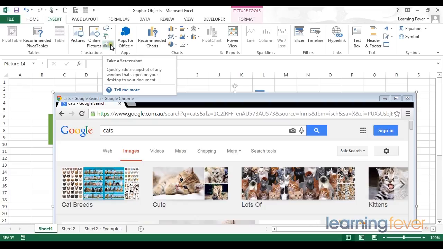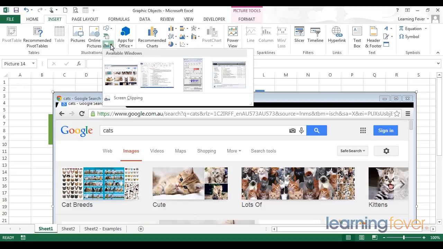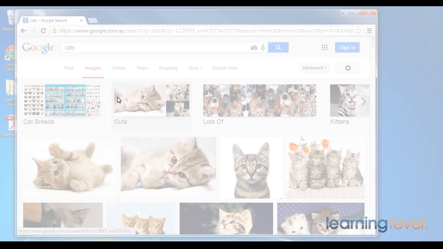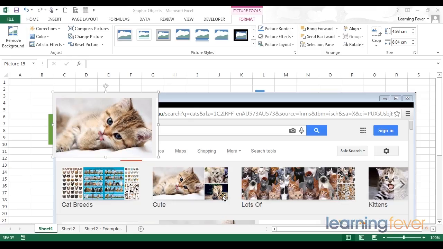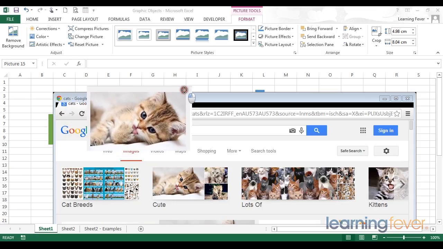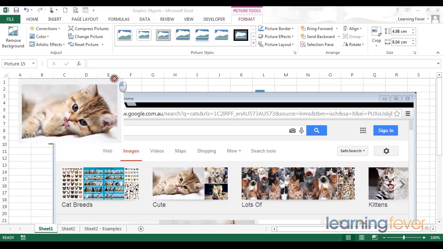The other feature that I particularly like is the ability to add a screen clipping. So with this feature, I can add a specific part of a screenshot. I click on Screen Clipping. My screen will dim to this sort of white color, and using my cursor I can drag from one end to the other to select just a certain part of the window. And now that just that one image has been added to the Excel sheet. This can be very useful for copying one particular picture from a website or copying in a company logo into your